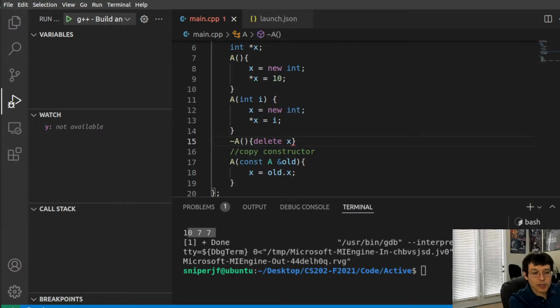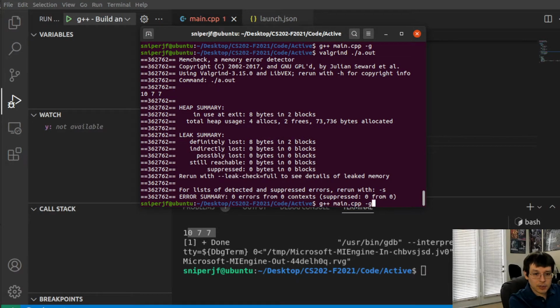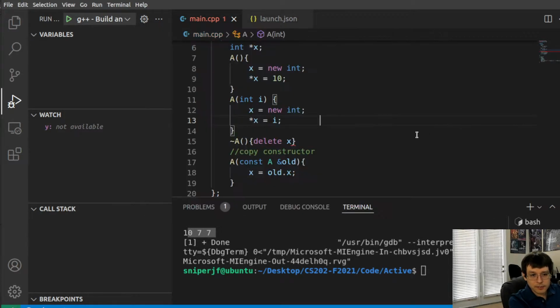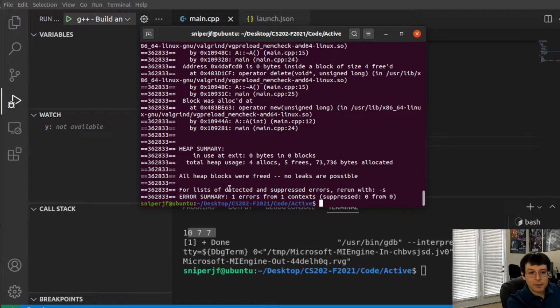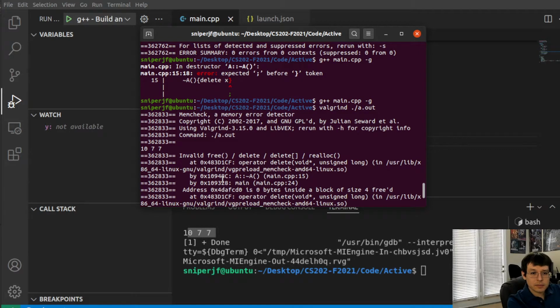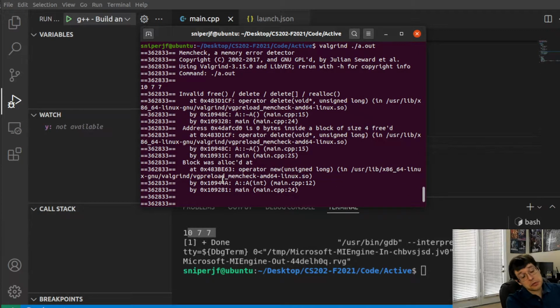I'm not even going to run it with VS Code. I'm going to run it directly here because I want to show you. Well, that's assuming it runs first of all. Semicolon. Where is it? I thought I was going to get a seg fault, but I didn't. Okay, sure. Still, even though we didn't get a seg fault, which I'm pretty sure this gives you on some systems,